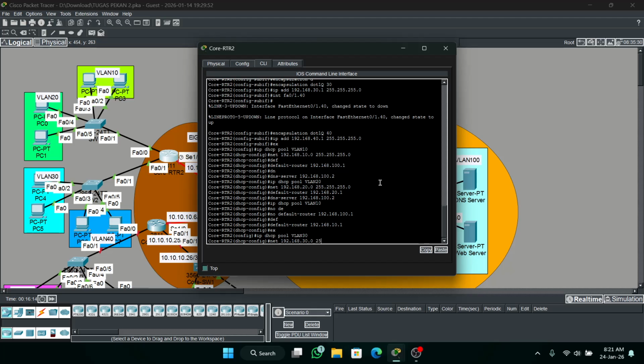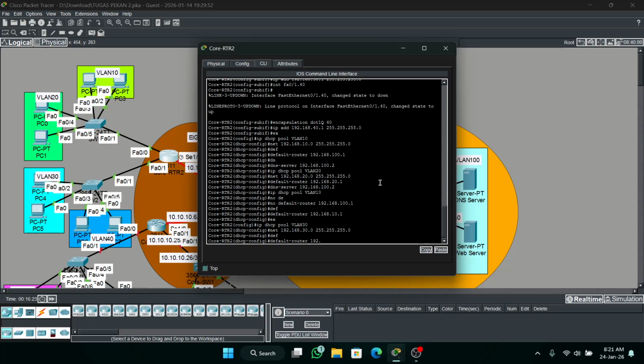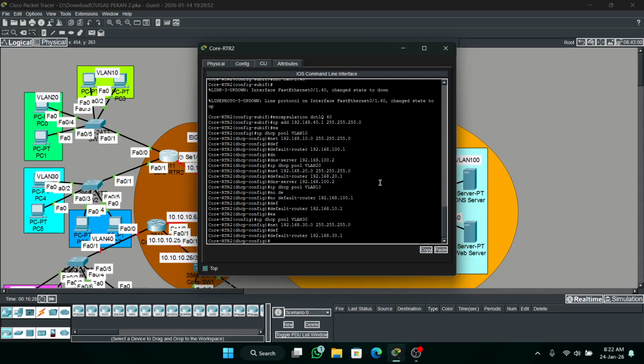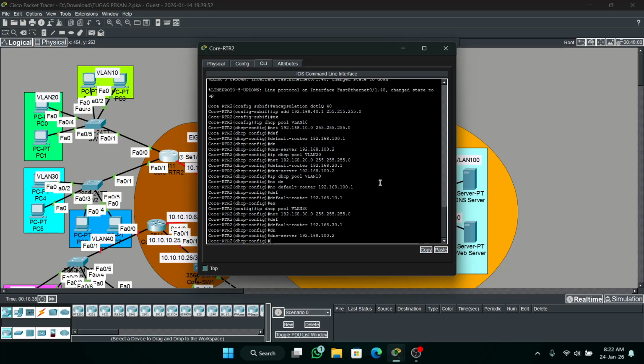Network now. Okay, then make the default router. Then DNS server. Okay, one more for VLAN 40.